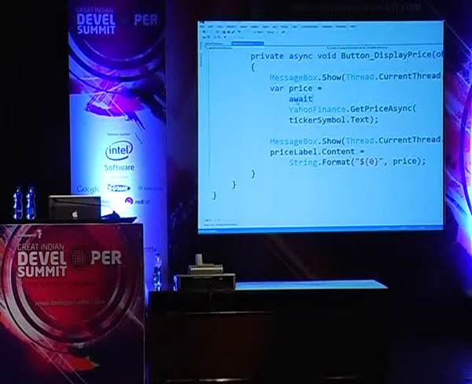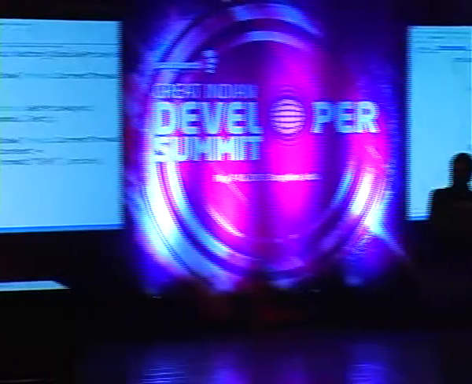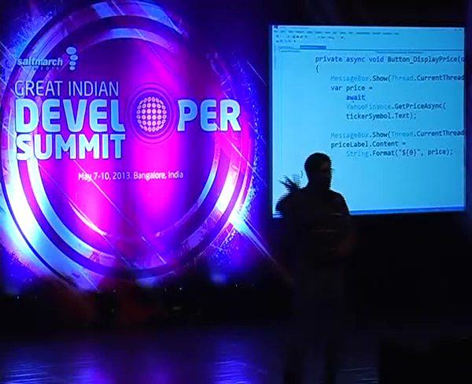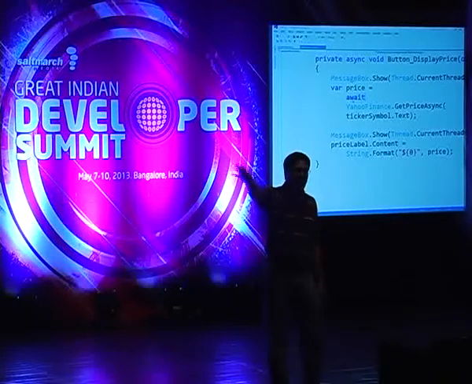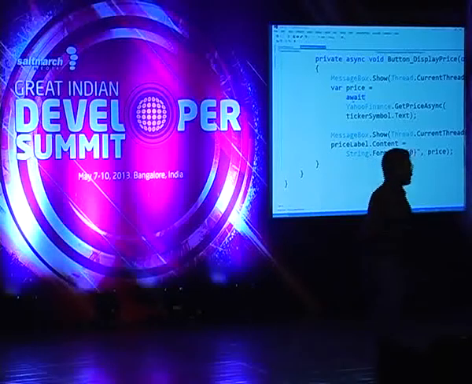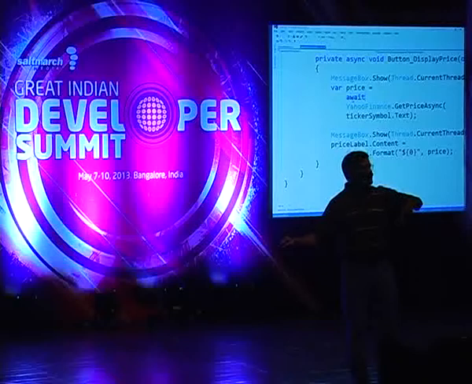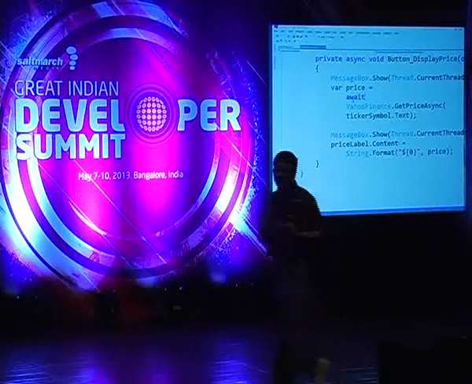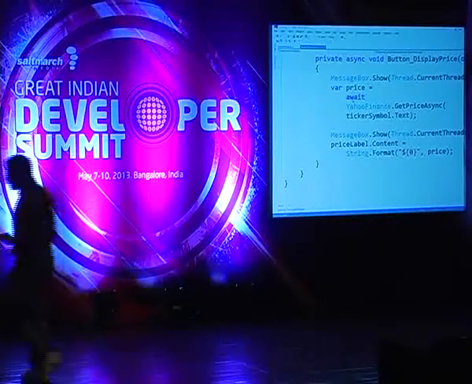Are you seeing it? Right? So if you remove the word await, this code becomes the synchronous code we saw before. You put the word await, it becomes the asynchronous code. Of course, the magic is under the covers, right? But to go from synchronous to asynchronous is just these 2 changes. To call the asynchronous version of the code rather than the synchronous version of the code, and to put the word async in front of it. I'm sorry, await in front of it. That simple it is. But what is the benefit now?